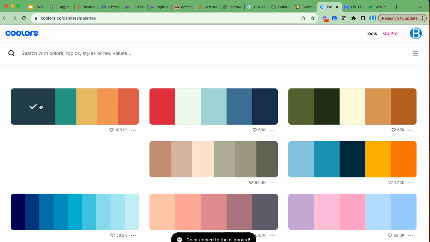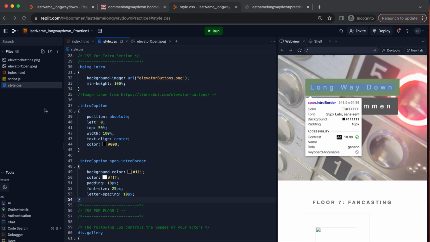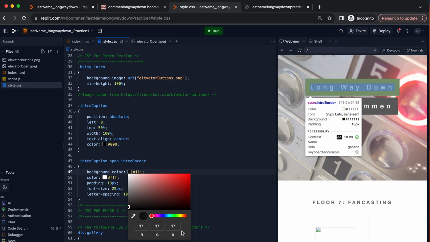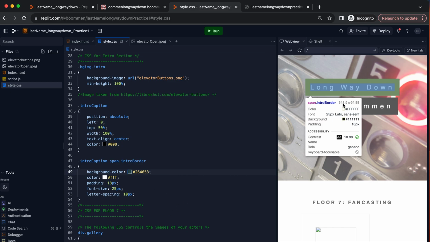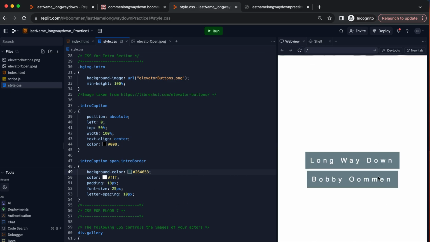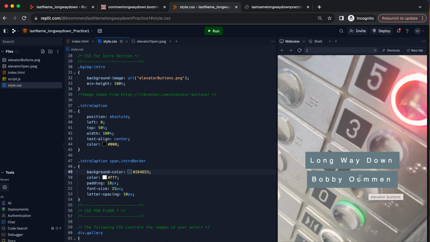So I'll click on this one. Okay, I copied that, 264653. And maybe I'll go over here and I'll say I want this background color to be 264653. There we go. And now when I click return and I refresh that, well, now I've got this changed right